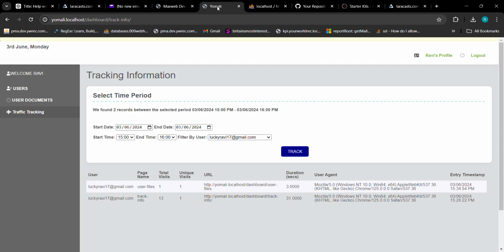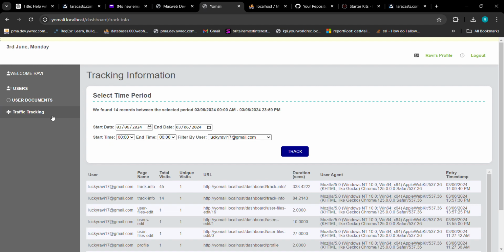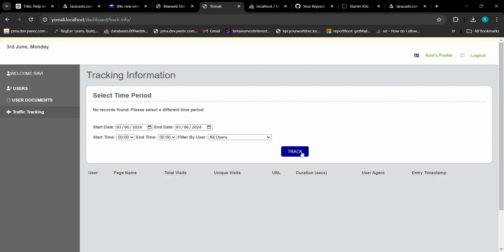Right, now that's the table. Now let's go into the actual front end view. Initially, by default, today's date is the 3rd, and the time it's taking is between 0 hours and 23:59. So overall we have these many records for this user, and if you look into all users,